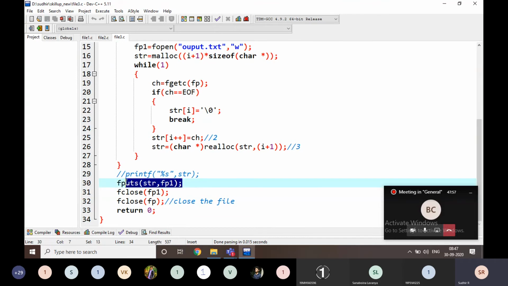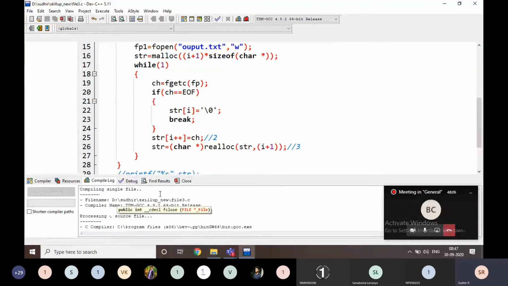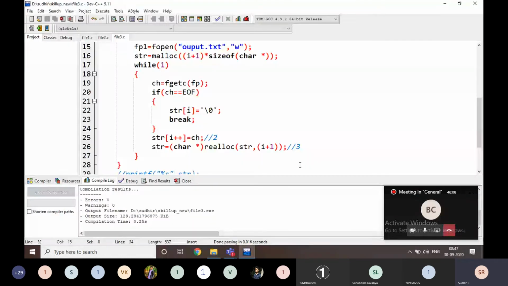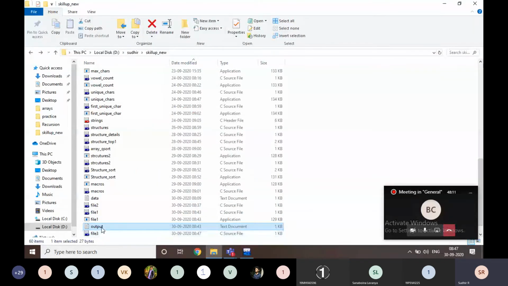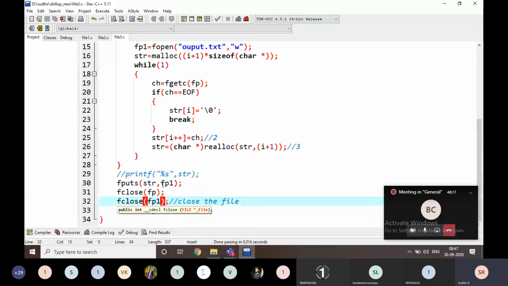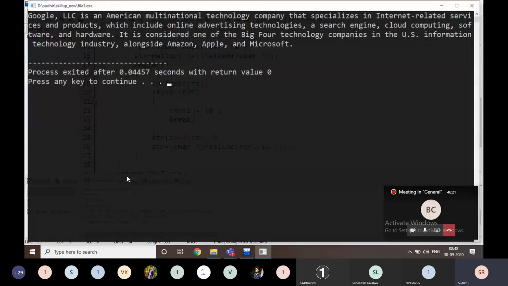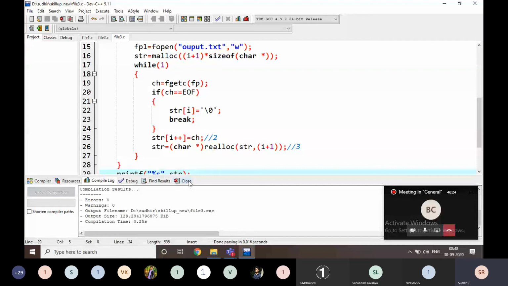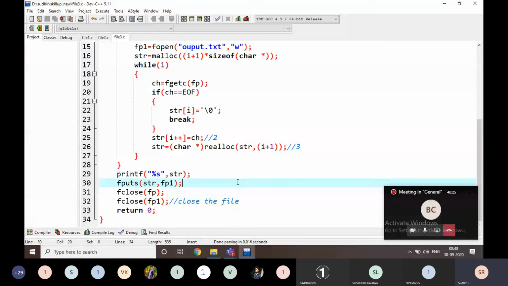That's it, right? Then what happened here? Just I'm going to open. It's the data in the string, okay, but why is it not printing?